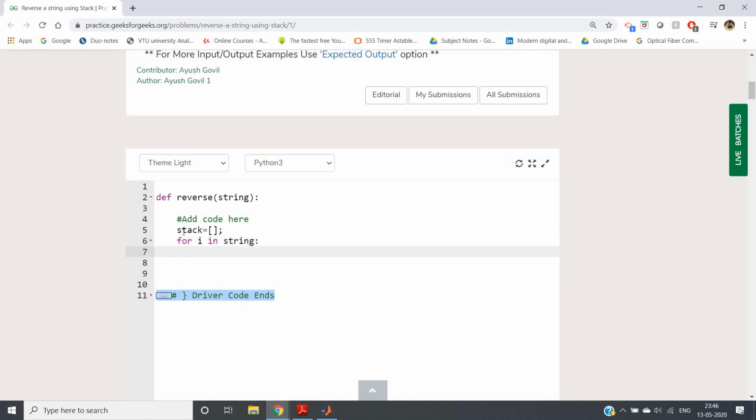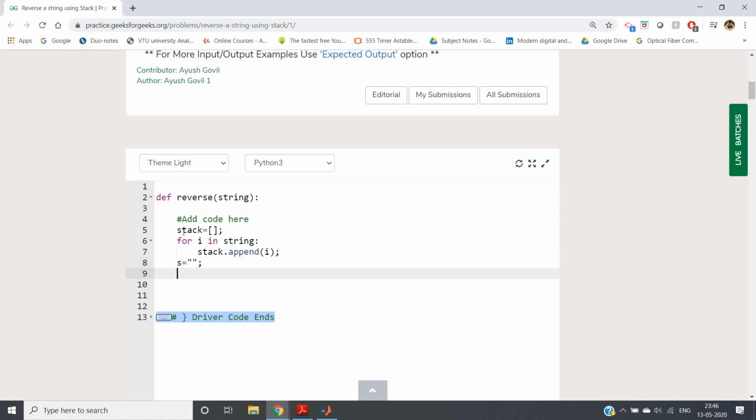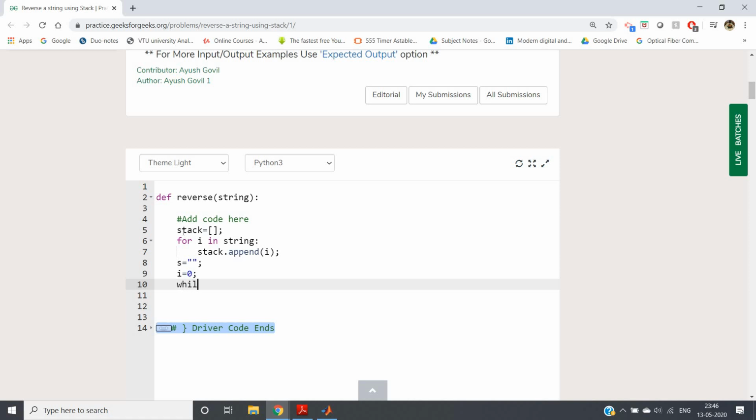For i in string, I will be taking each character value one by one while traversing from left to right, and we will push that in the stack, so stack.append(i). Then to reverse, we will pop and store in another string. We will define one empty string, and for traversing purposes I will make i equal to 0. Then while i is less than the length of the stack, which is basically equal to the length of the string, because the string characters are making this stack,